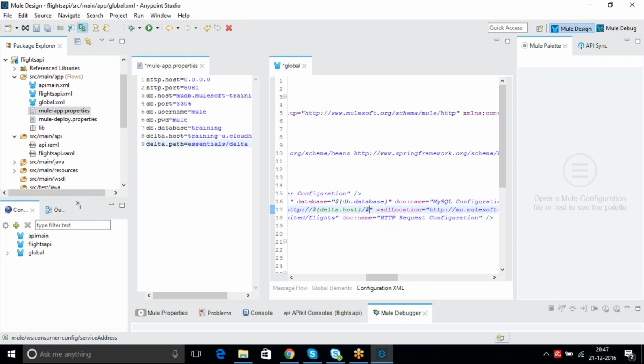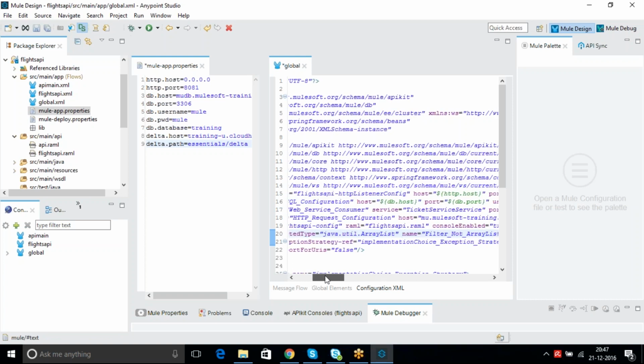Remove here and read it from the properties file.